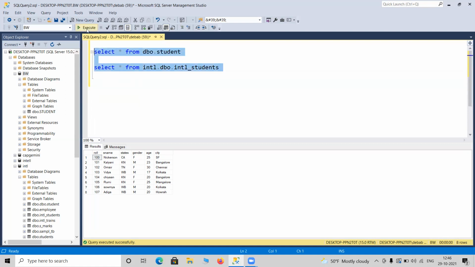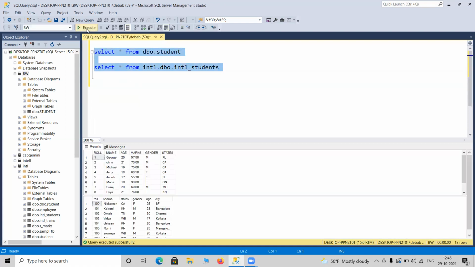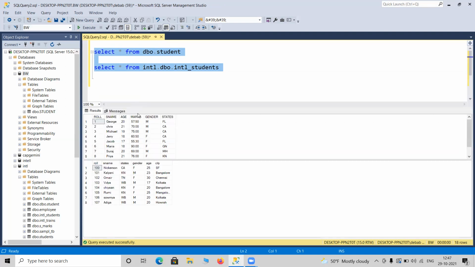So let me run both of these tables. I am not going to create any new tables, because you already know how to create a table and how to insert values inside. I am just running two queries simultaneously. Look, these two tables are giving data, but in two different grids. What does that mean? The first query gives its result on top, and the second query's result is below. It is a different query, a different result set. But if I want to combine these two result sets into one, how can we do that?